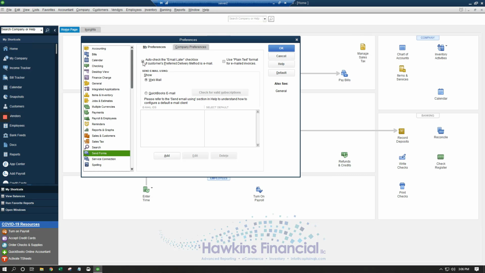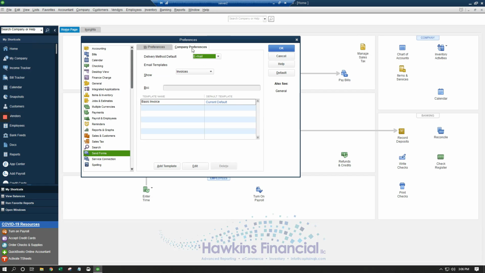This is saying every time you create an invoice, and I'll go back and show you, there's a box at the top for email later or print later. This is going to auto check it, and you'll see in a minute why that's so beneficial. So definitely get that set up. You can follow the prompts down here to link in an Outlook or a Gmail account so that the messages will send through there. And then if we go to company preferences, this is great as well